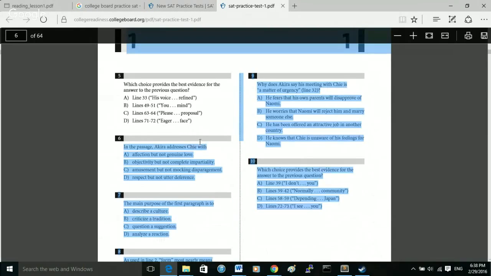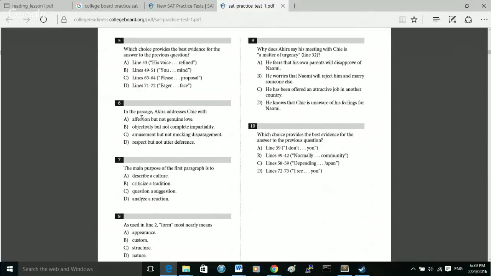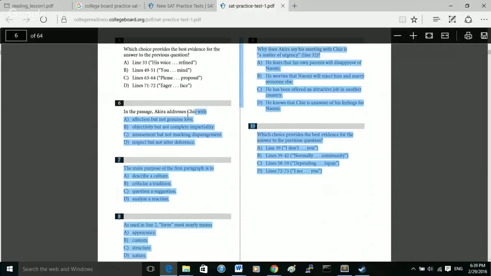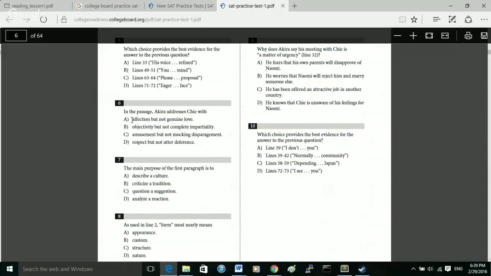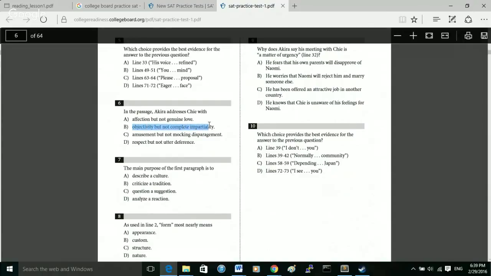Question 6, we skipped this also, so let's make sure to answer this. In the passage, Akira addresses Chi with, is it answer choice A, affection but not genuine love? No, Akira is not trying to be affectionate to Chi. He's being extremely straightforward. So we can cross out answer choice A. Is it answer choice B? Objectivity but not complete impartiality. Is he trying to be objective with Chi? No, he's actually not trying to be objective. He's taking into consideration both Chi's and his own